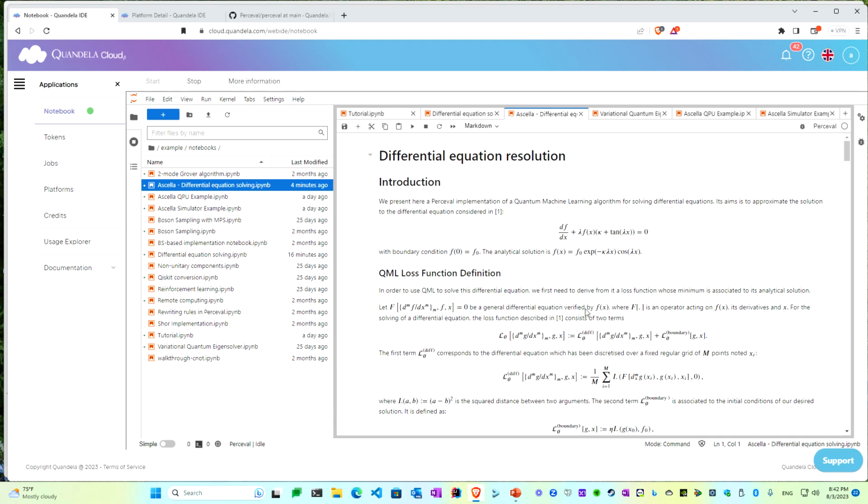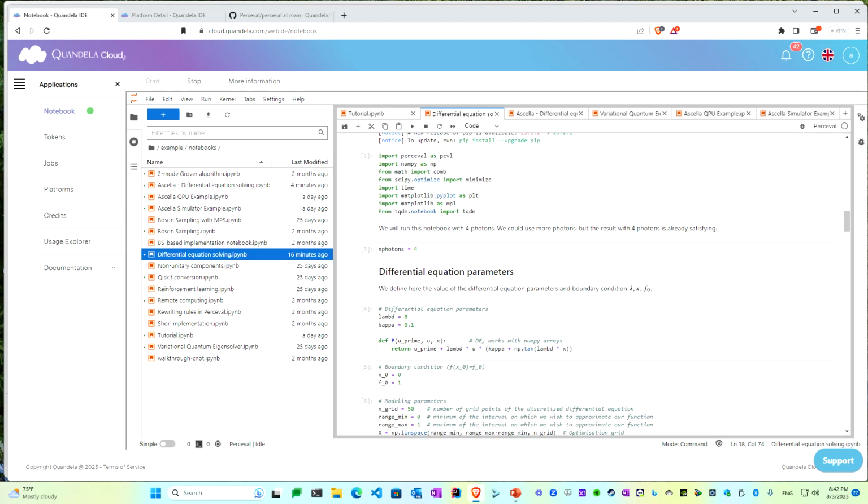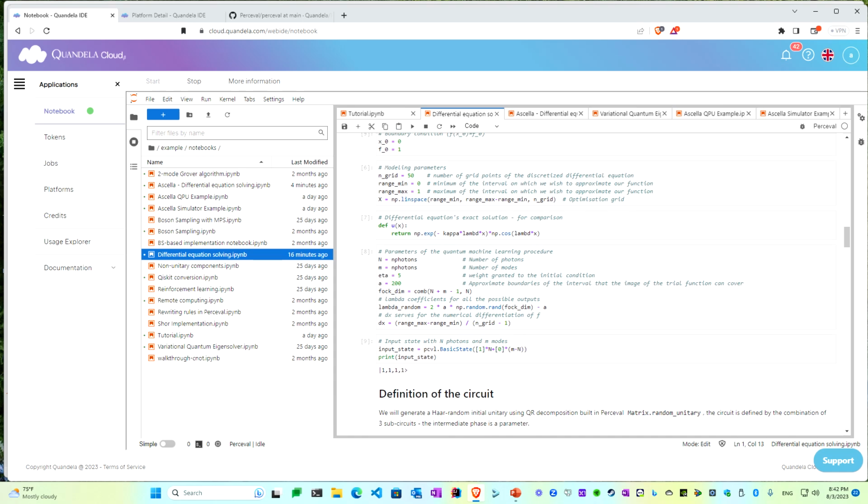There were other questions asking about some of these variables, like the number of photons or the number of modes. You're basically doing hyperparameter tuning, trying to figure out the optimal number of photons or modes for solving your problem in terms of speed, availability, and the quality of the solution, or basically accuracy. And they were asking, well, are there any frameworks